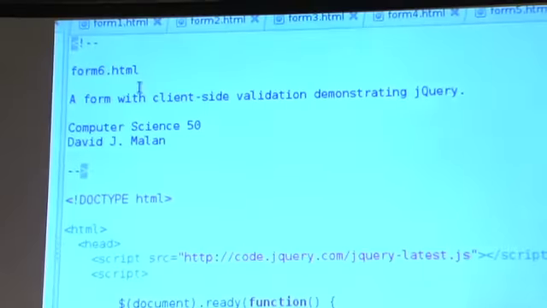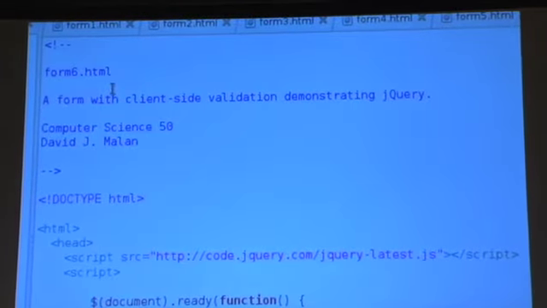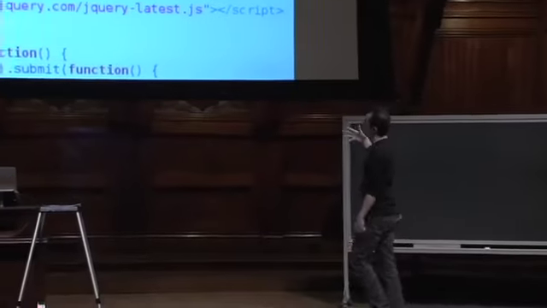So in version 6 of this now, I just wanted to introduce a little library, something called jQuery. jQuery is often conflated with JavaScript. This is a third-party library, so freely available code that other nice people have put together that's incredibly common, so much so that these days almost anyone who uses JavaScript uses jQuery, because it simplifies the kinds of things we were just doing, right? Even I was getting bored verbally of saying document.forms.registration. This is very tedious, and it's not fun programming, as you might already know, when you're just typing stupid stuff all the time. So jQuery really tries to simplify the syntax and make it more concise.